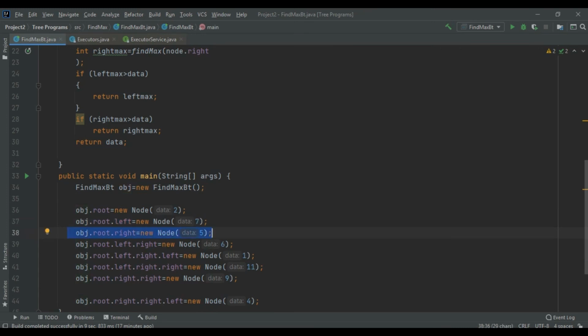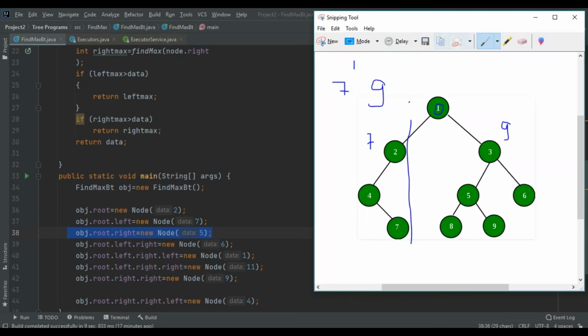If we can draw here, we can try in here. This is 2, the left of 2 is 7, and the right of 2 is 5. Okay, obj.root.left.right, this is the root, this is the left, this is the right. 2.left.right is 6.